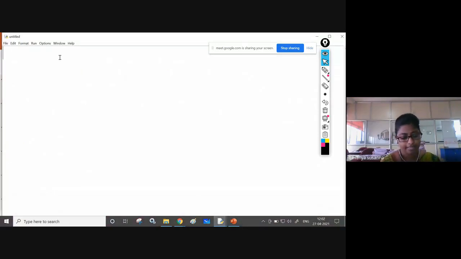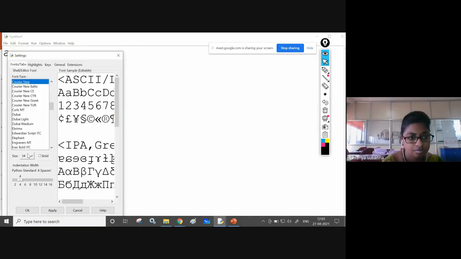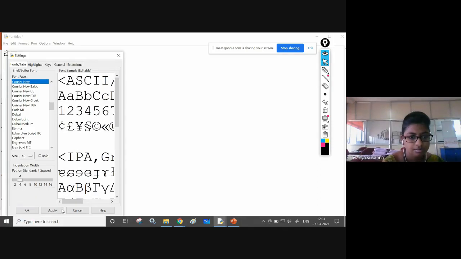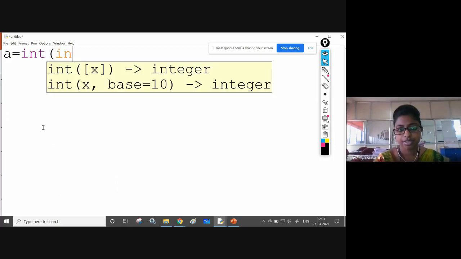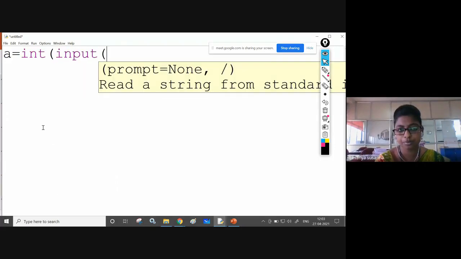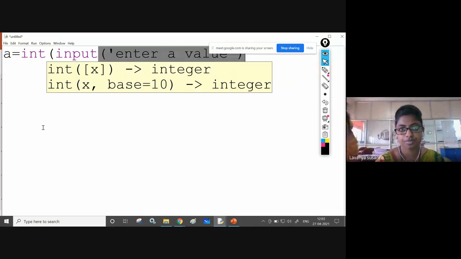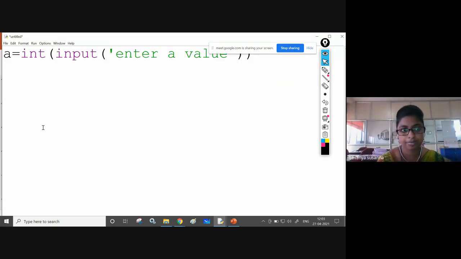See here. A equal to int of input function. Inside that input function, I'm passing "Enter a value". Then b equal to